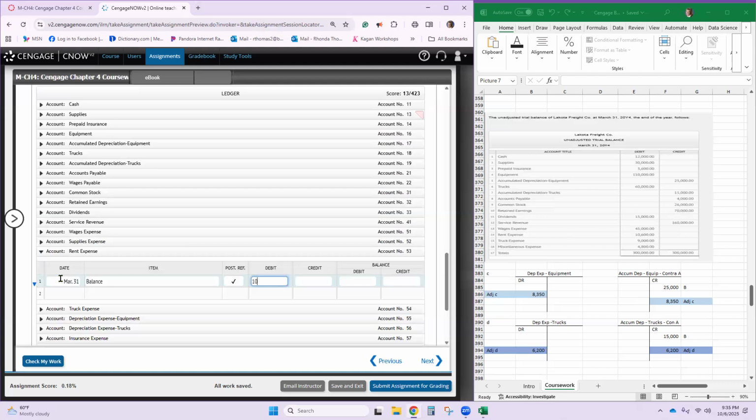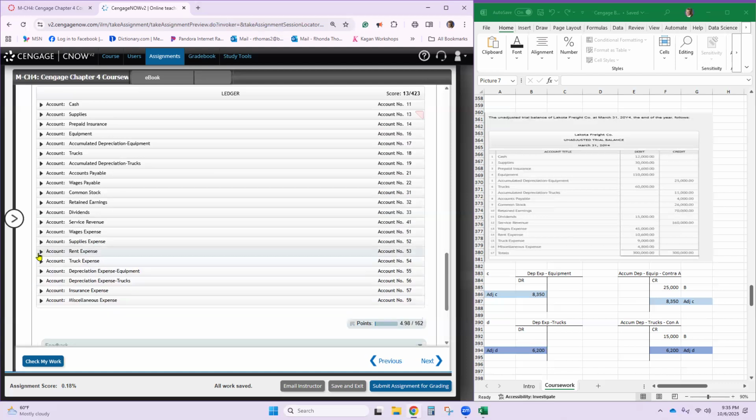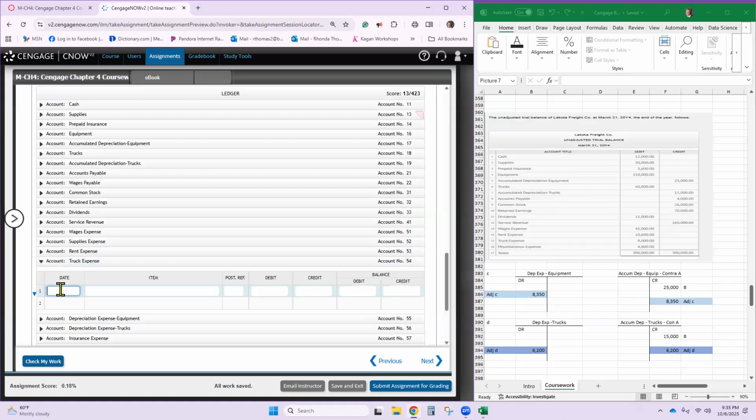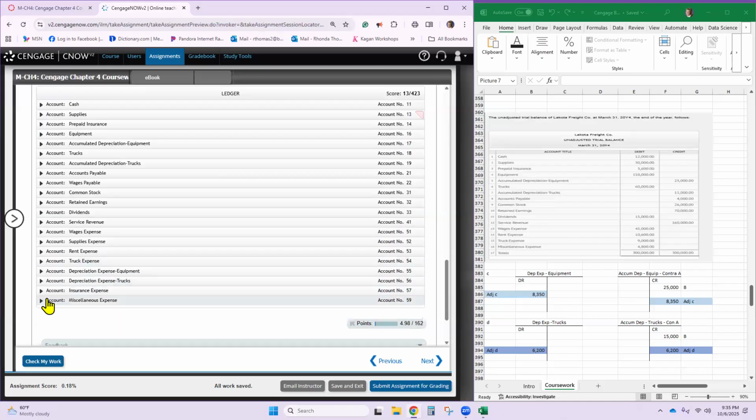Rent expense, $10,600, close it. Truck expense, yes, $9,000. Then the last is miscellaneous, so you can skip these three.